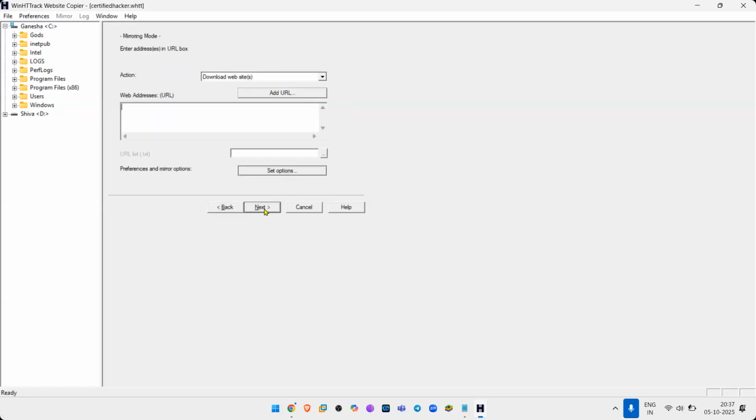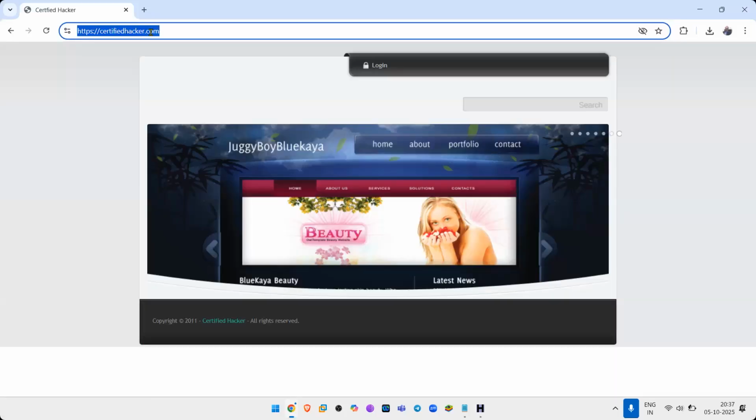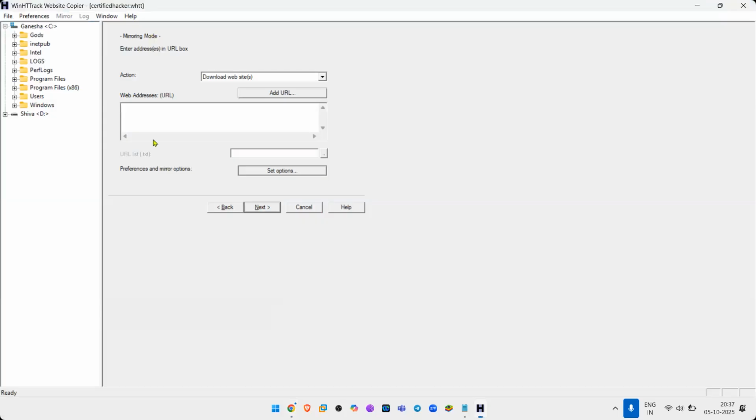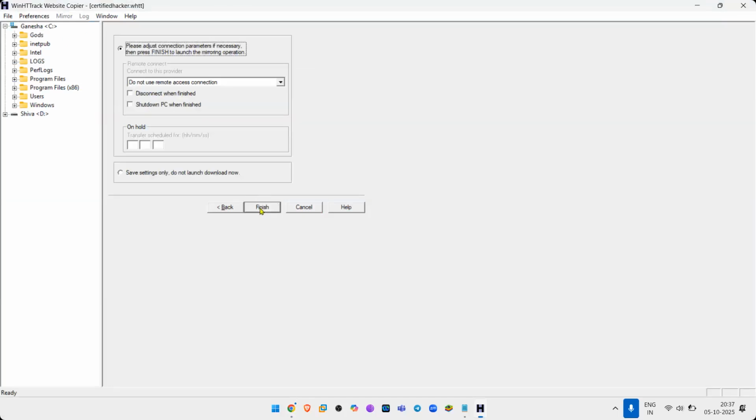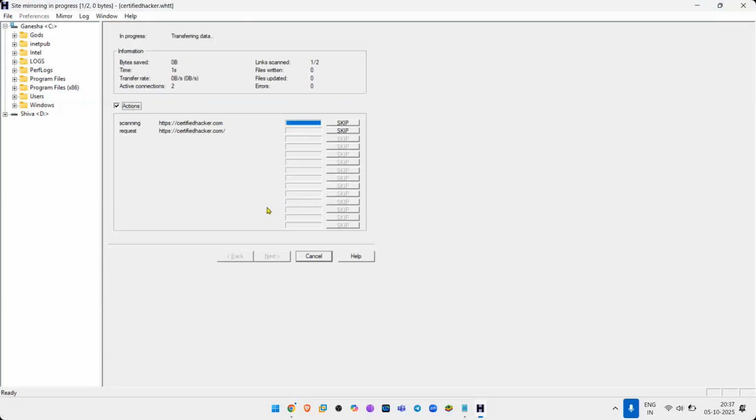Just click on next and put in the web URL. This is the one, Control C, Control V. Just click on next and click on finish. And there you will see it is creating an exact replica of certifiedhacker.com.